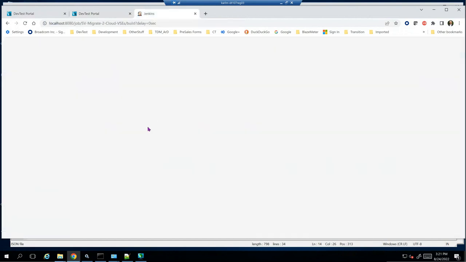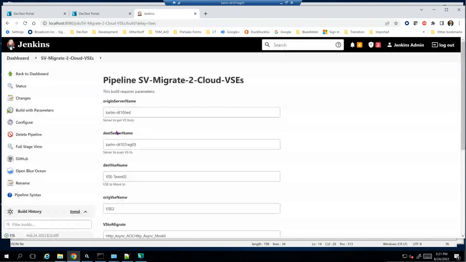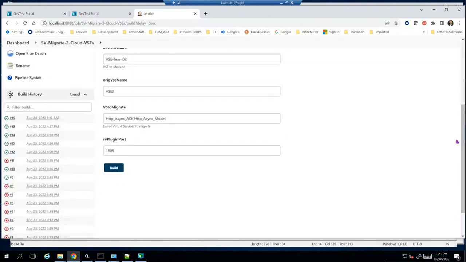So when I go into my Jenkins, I could make changes with these parameterized builds, because parameterized builds allow me to execute this as a REST call. And if I click build,